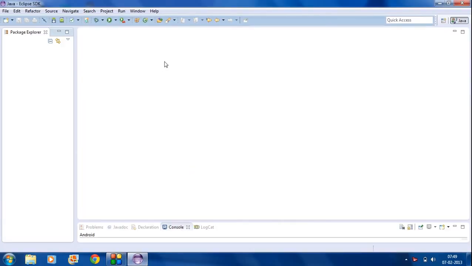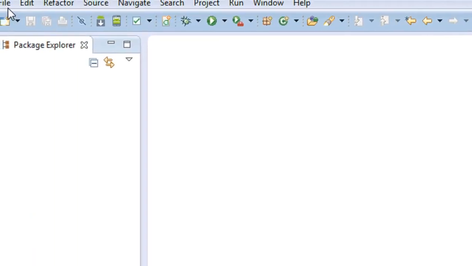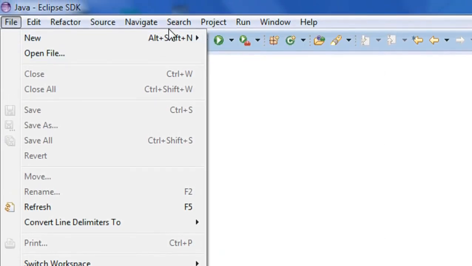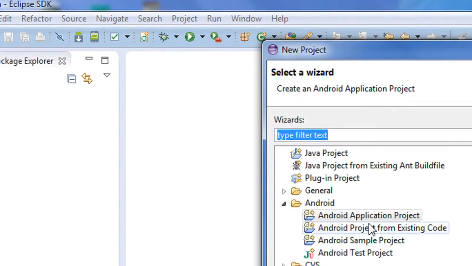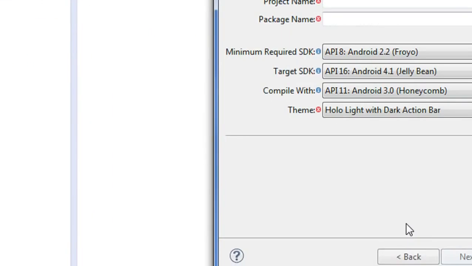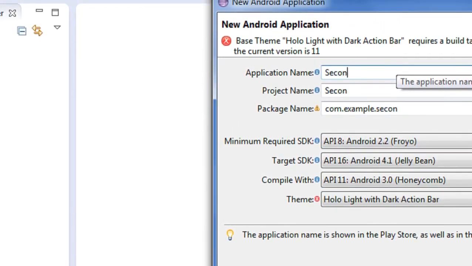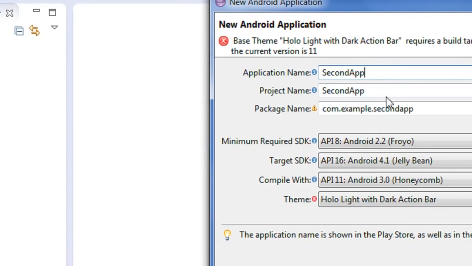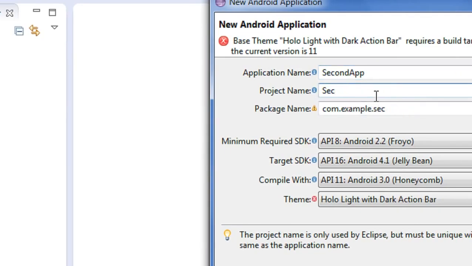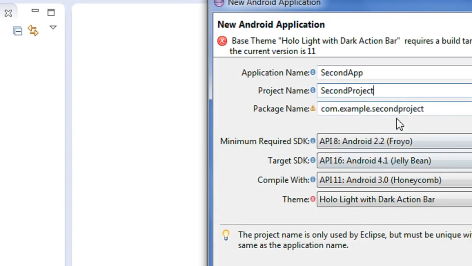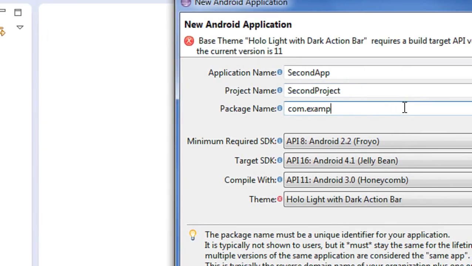So here I am going to create a new project that demonstrates how to connect multiple activities together in the same Android project. It is an Android application project. Click next. Here I give the application name as second app, project name as second project. Here I change the package name as